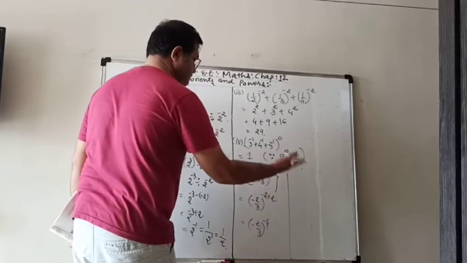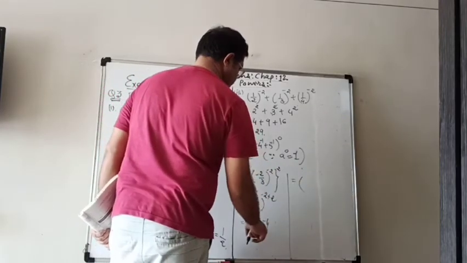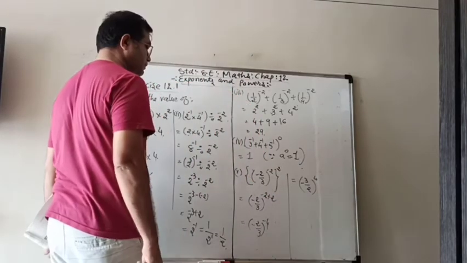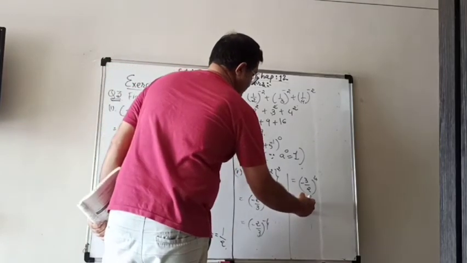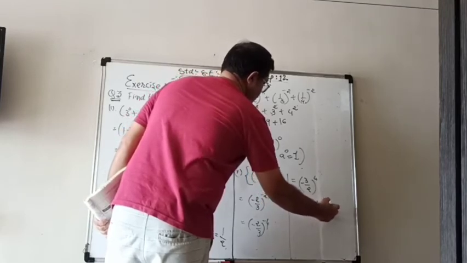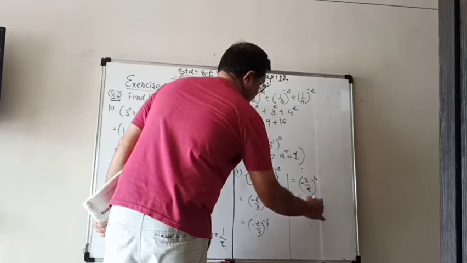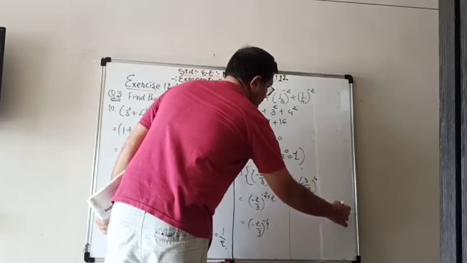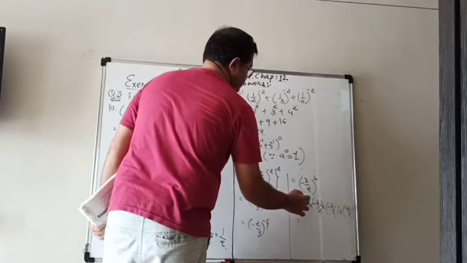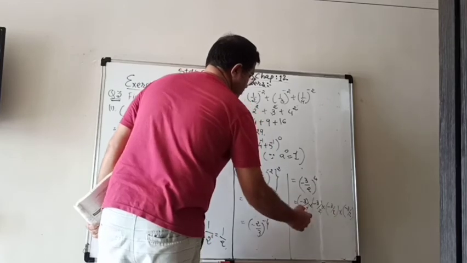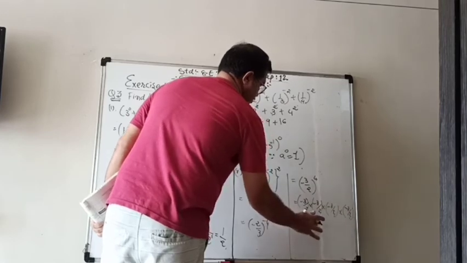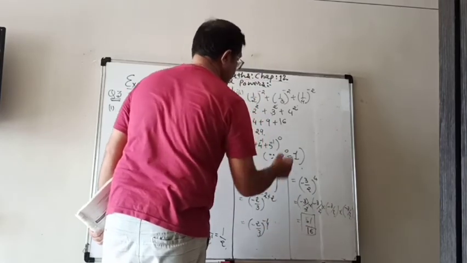But now minus power, you have to take the reciprocal to make it positive. So minus 3 upon 2 raised to power 4. So it is equal to minus 3 by 2 multiplied by minus 3 by 2, 4 times. So negative, negative, positive, again positive, so the answer will be positive. 3 3s are 9, 9 3s are 27, 27 3s are 81, upon 2 to the 4 is 16. So your final answer is 81 upon 16.